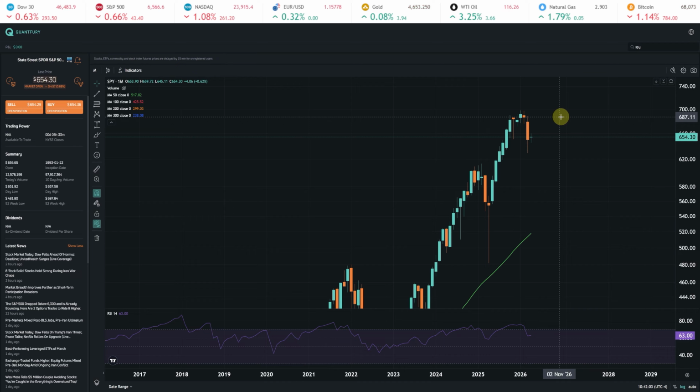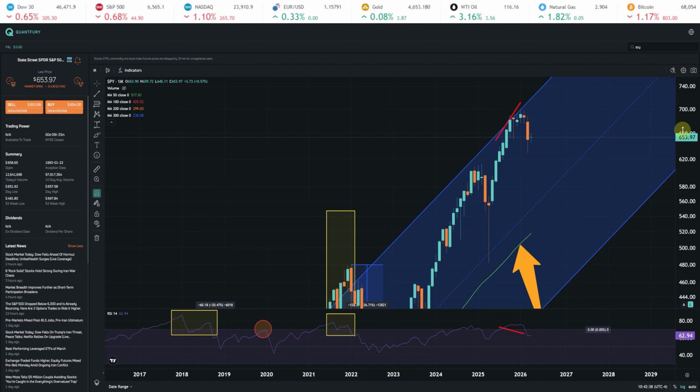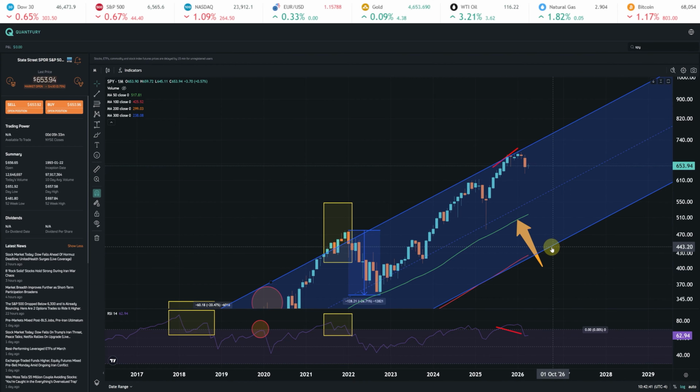That's it, nothing more to add here, except perhaps that the technical target is the base of the August candle, which is 6,250 points. We haven't reached that yet. Well, basically the chart strongly suggests a move into this area where we had another reversal with such a large drop. That was in December 2024, and that's around the 6,000 point mark. But I emphasize the 50-month, and even the 300-week, and even the lower boundary of this channel, around 4,500 points. These are all very, very likely levels where the index will go, in my view, with a very high probability.